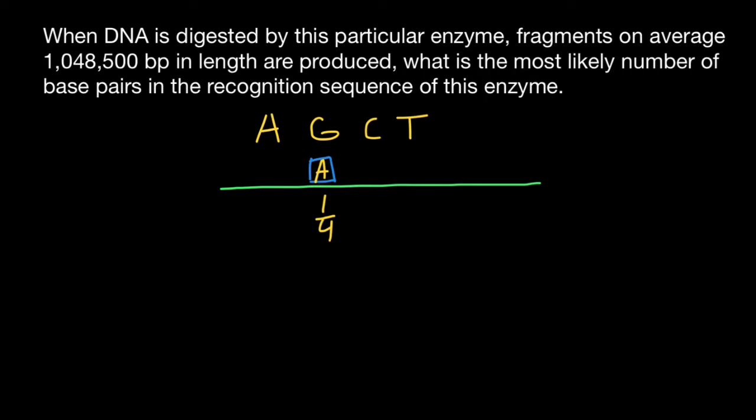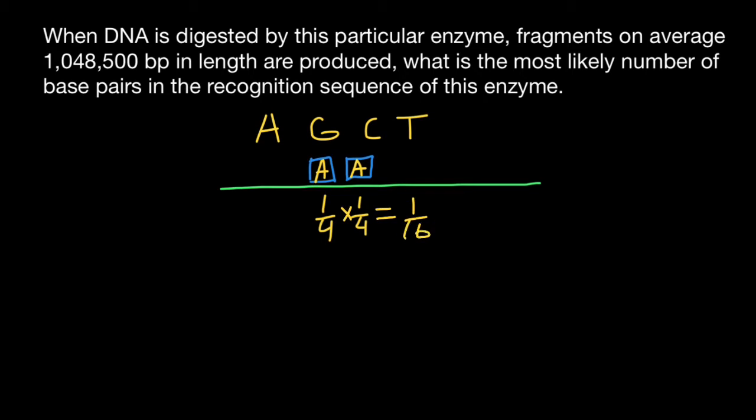But what if the recognition site for the restriction enzyme consisted of 2 bases? Let's say this restriction enzyme would cut this DNA whenever there are 2 adenines in a row. Again, the probability that we are going to have adenine here is also 1/4, because we have infinite supplies of each base in a cell. So this is a probability problem with replacement. So again, 1/4, and in this case we will say that this endonuclease would cut this DNA every 16 base